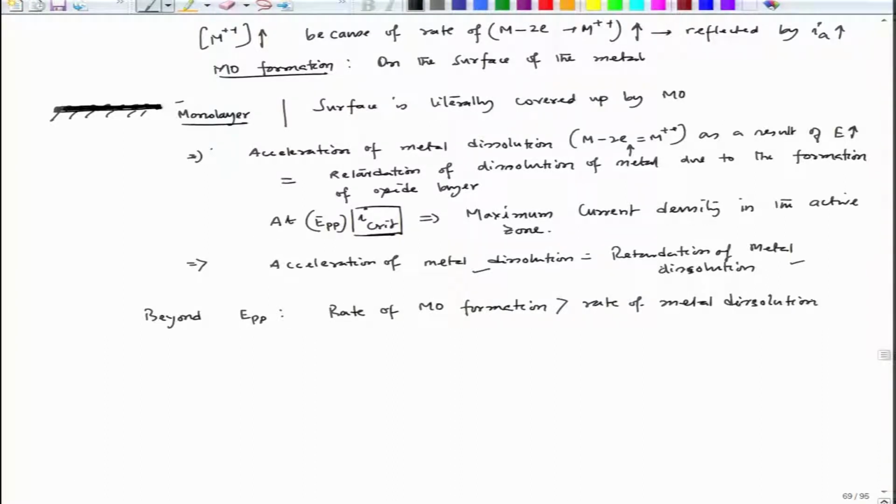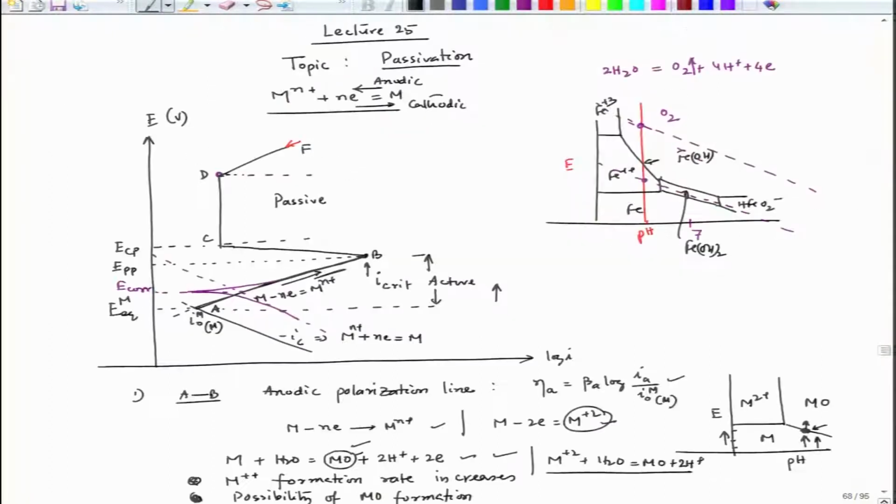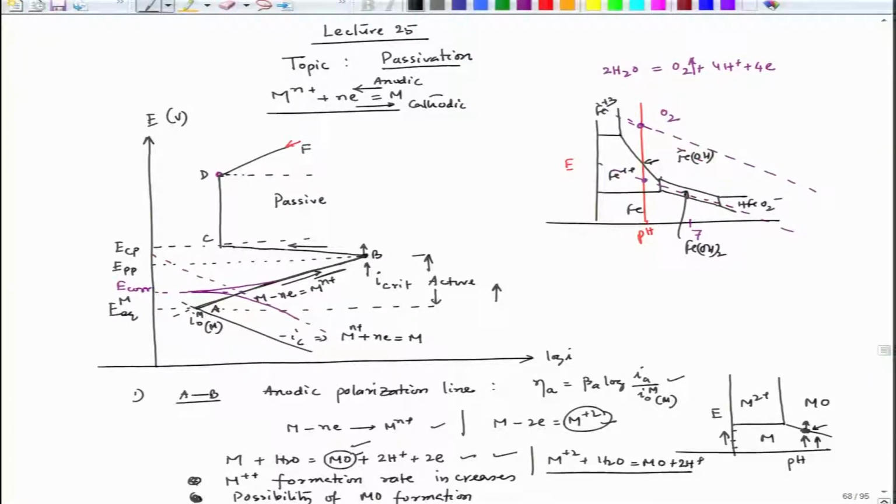Now, when we have this particular situation, I will see that after reaching this, once we increase the potential a little bit, since the metal layer is completely covered up by metal oxide and the amount of metal oxide is also increasing, it will cover up the metal surface completely and the current density starts dropping, because now the dissolution of metal will be decided by